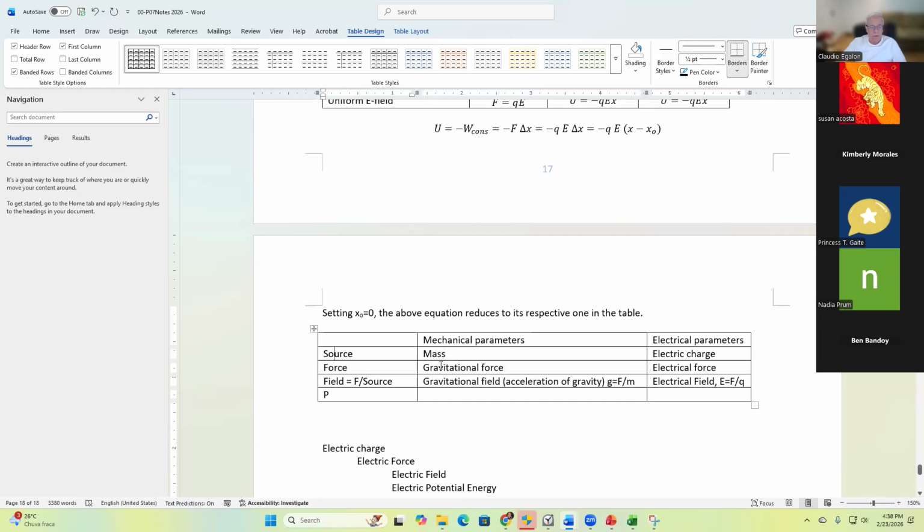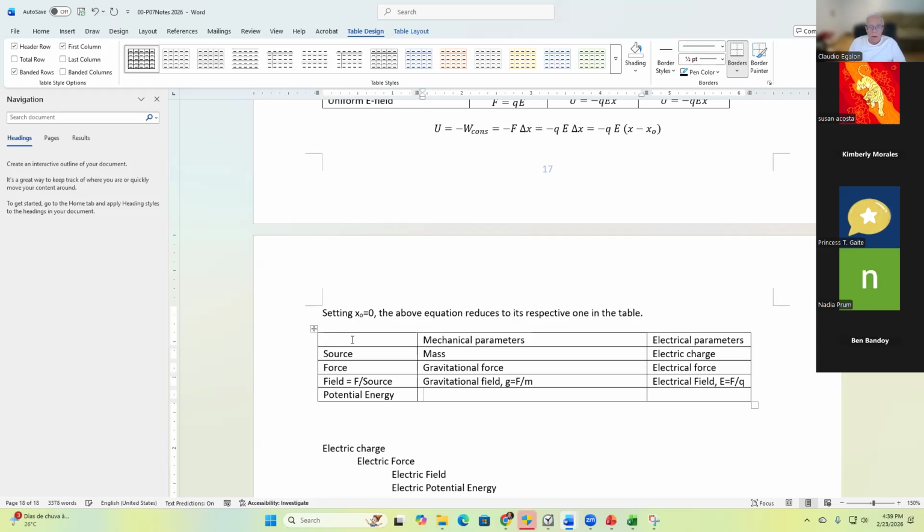Mass is the source of the gravitational force. The electric charge is the source of the electric force. So the field is defined as the force divided by the source. Okay. And now that I put that writing here, I don't need that anymore, just to reduce my space. And now we have the potential energy,